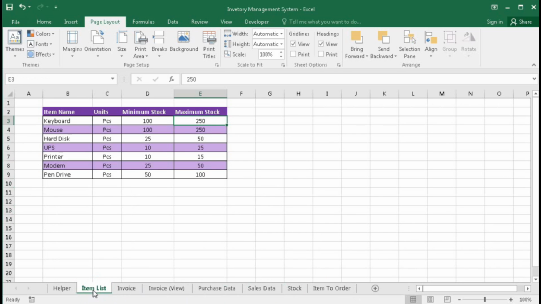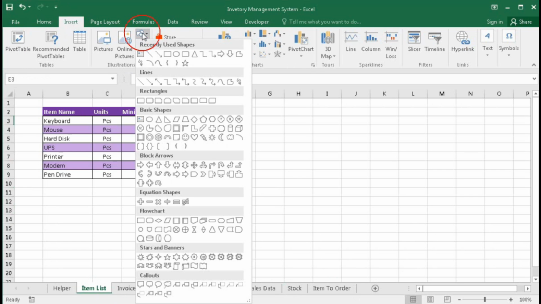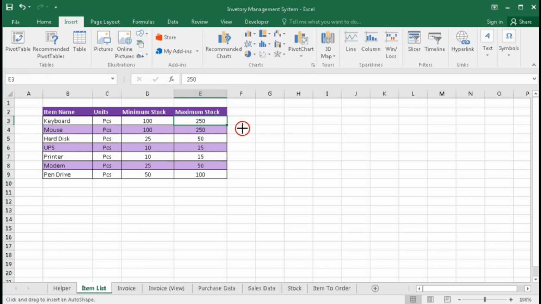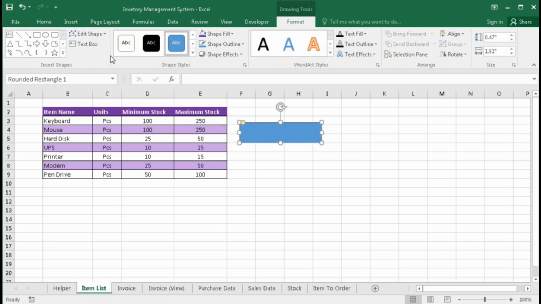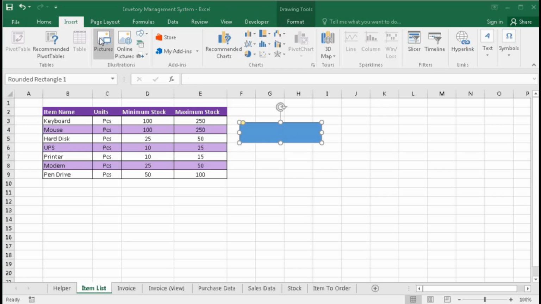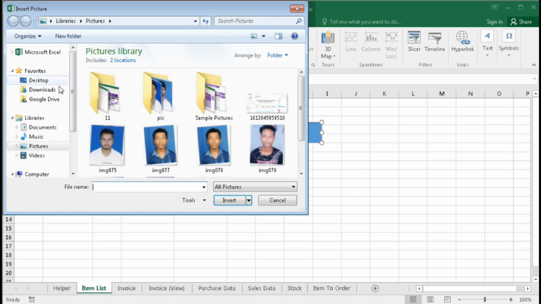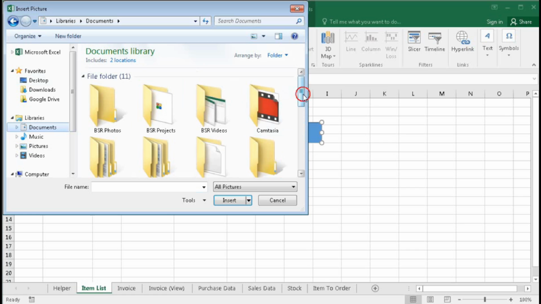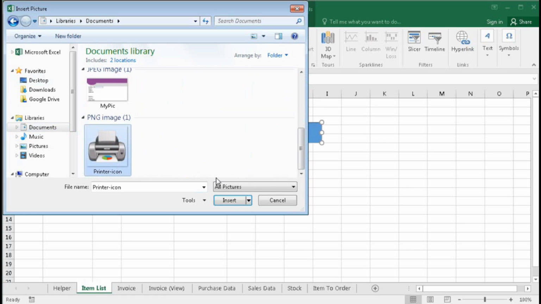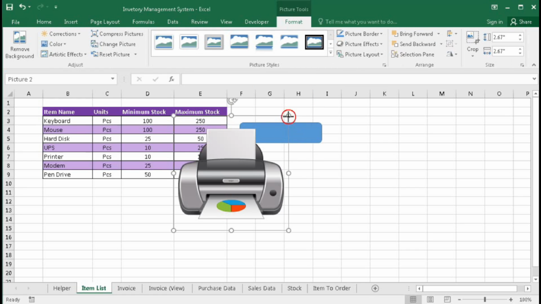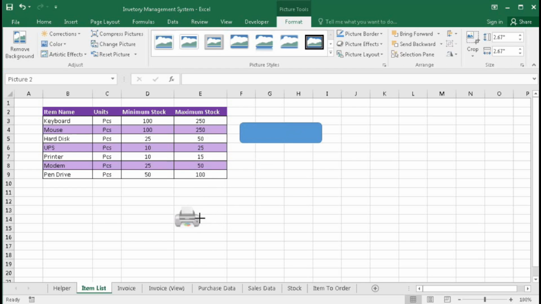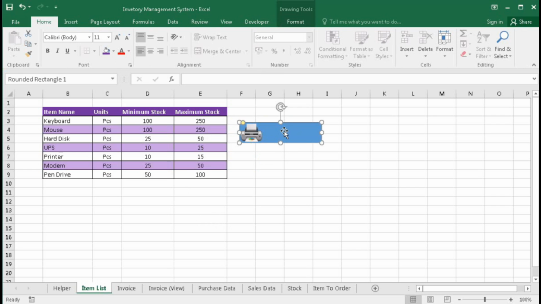So in the item list, click on insert, take a shape, and bring here a picture. In the document folder, we have the picture of a printer. Resize it according to your need and edit the text here.